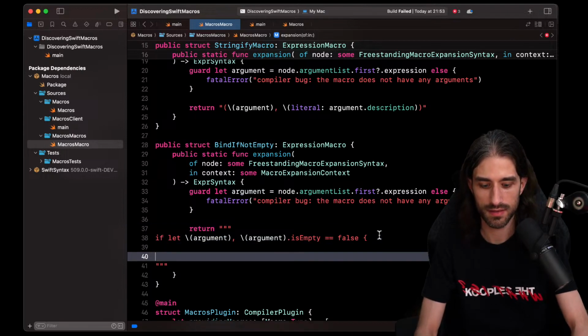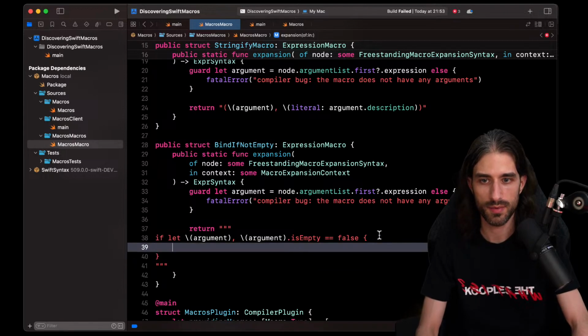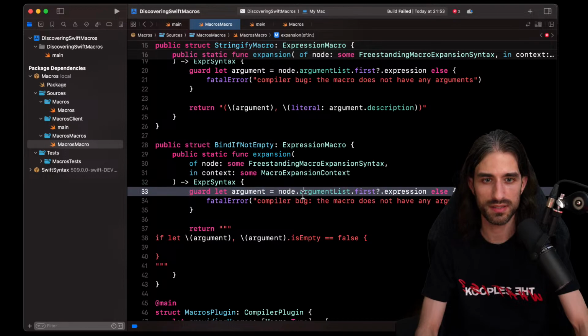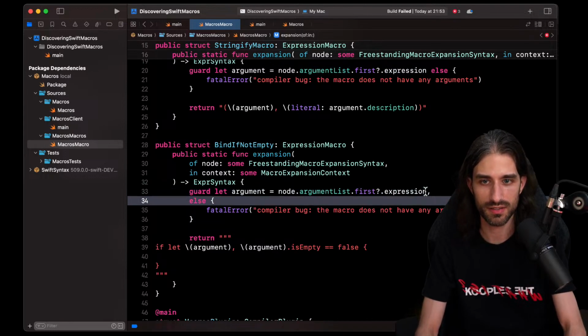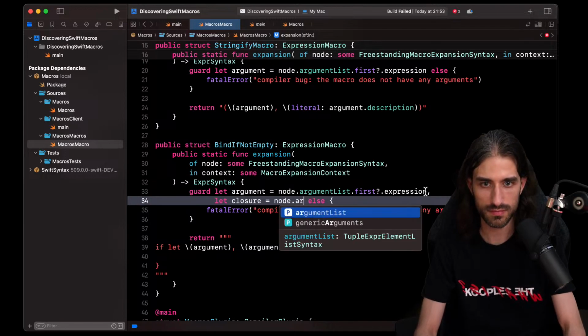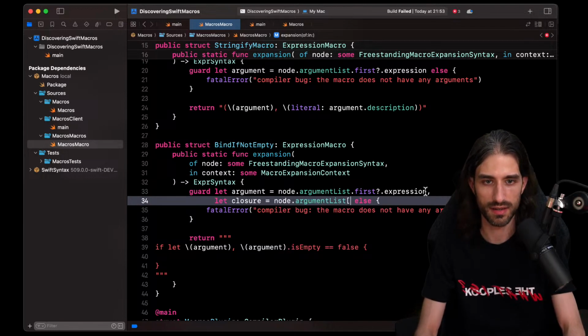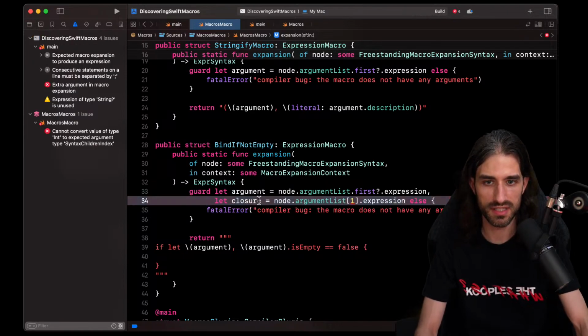Okay. And so here I will actually be calling, so I will have the argument, and the closure will be a second value. So it will be let closure equal node dot argument list actually of one dot expression. Maybe a let isn't needed actually.